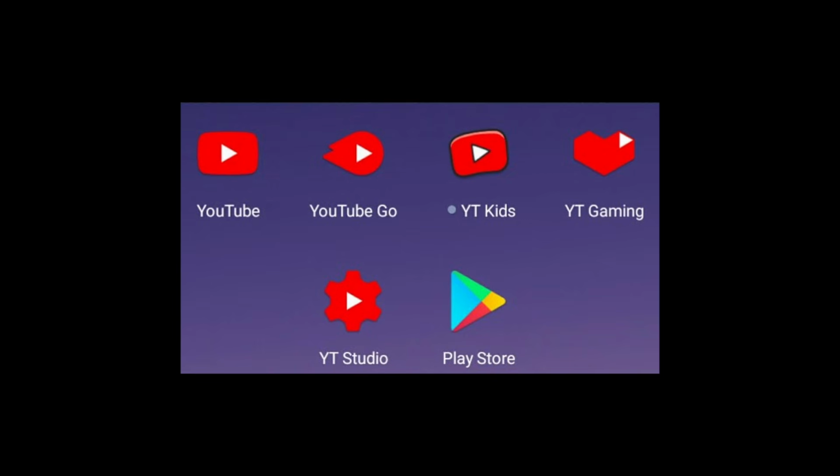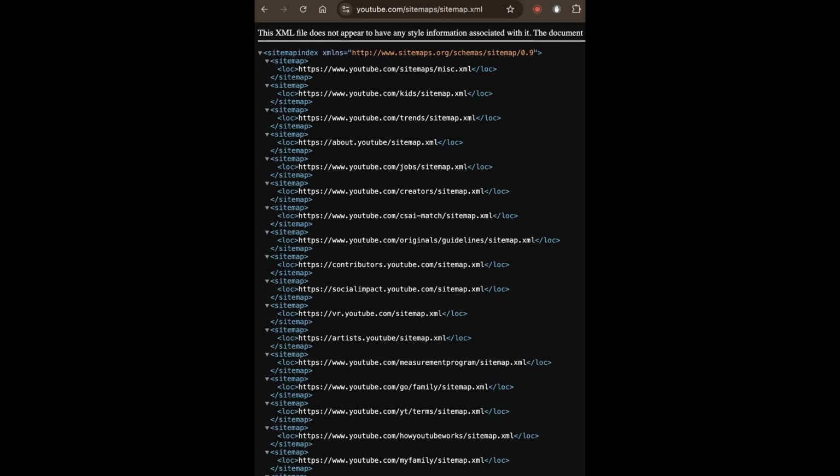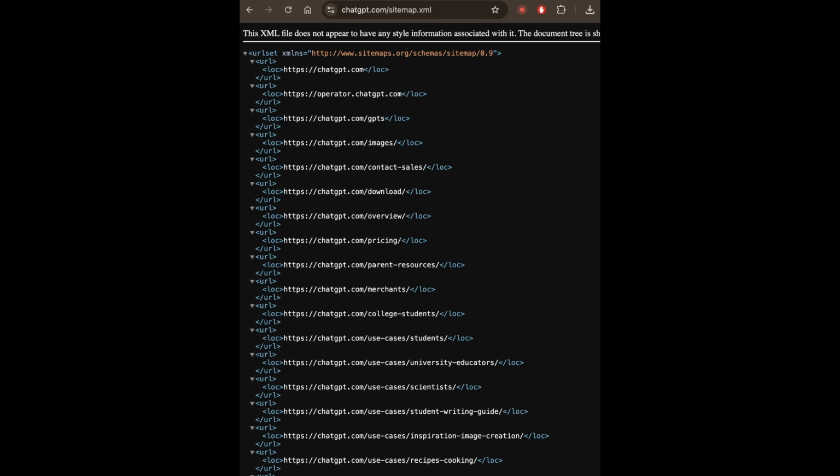And this makes sense since YouTube has different apps, right? Like YouTube Music and YouTube Kids and so on. So it seems like it has a sitemap for the sitemaps for all of these apps, and the sitemaps of those apps contain the pages for those apps. It sounds confusing when I say it like that. The point is that we do see patterns of organization in these sitemap files.